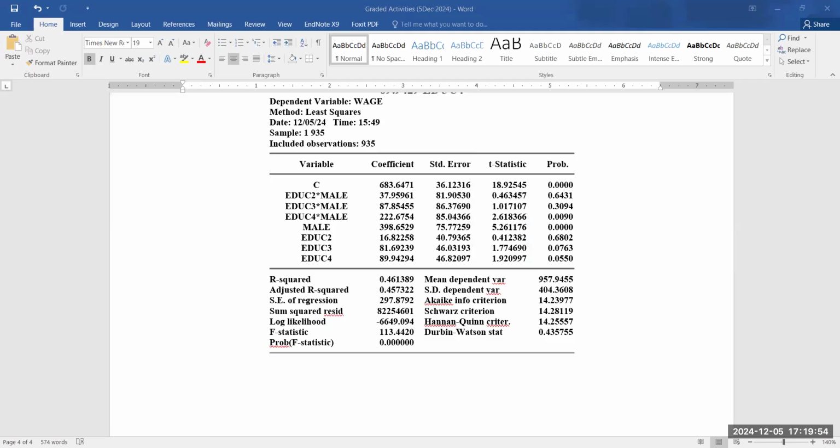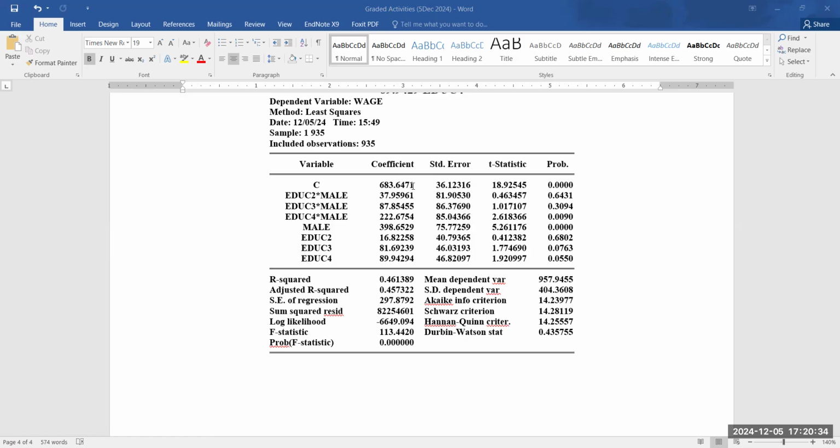the intercept term. If you look at the intercept, you see the coefficient, or the intercept, or the constant. These are different terms used in econometric and advanced statistical analysis. The coefficient value is 683.65, as you can see from the table here, and it represents the base wage for a female worker with primary education, EDUC 1, which is used as the reference category. So this serves as the baseline for all comparisons